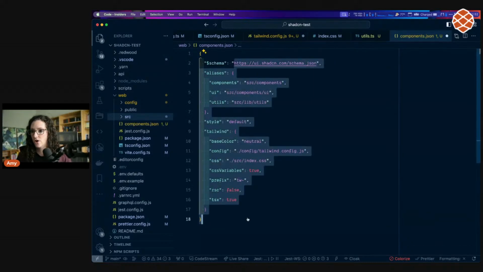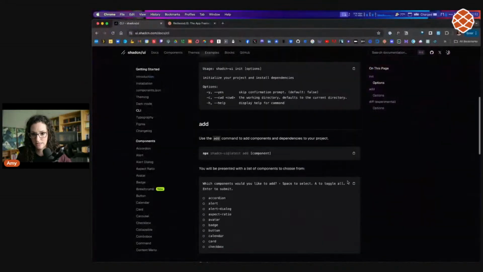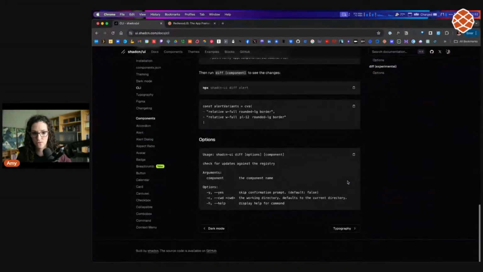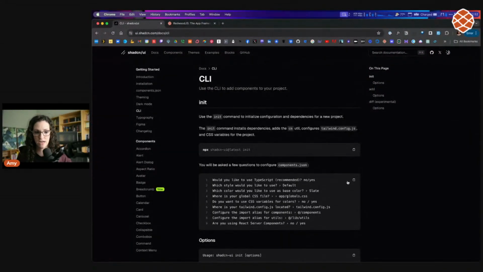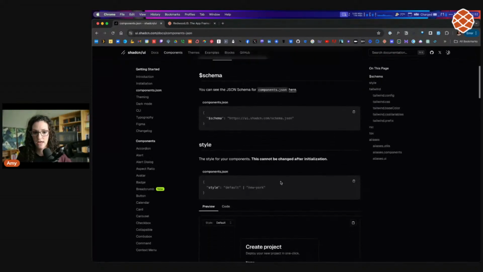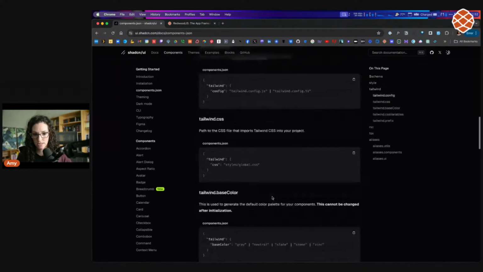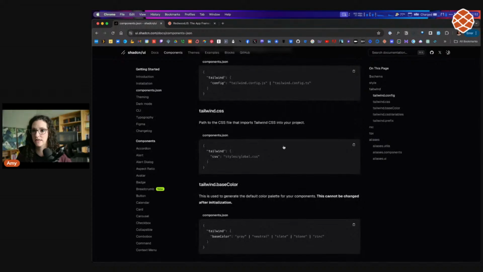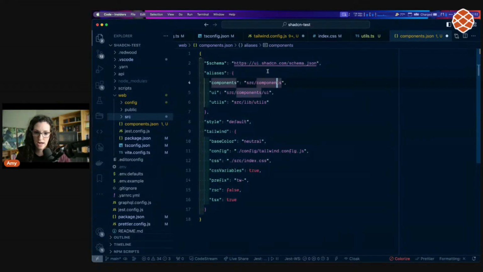And actually, if you go back to Shad's documentation, I think further down on the page it explains what that components.json file does. Oh, there it goes. Here's the components.json file, and you can see he explains what each of the properties does. If you look at the code that I provided, I've modified this to match up with Redwood. So really it's just a matter of making sure that your paths are set to go to your components